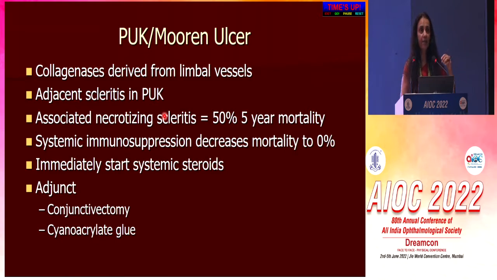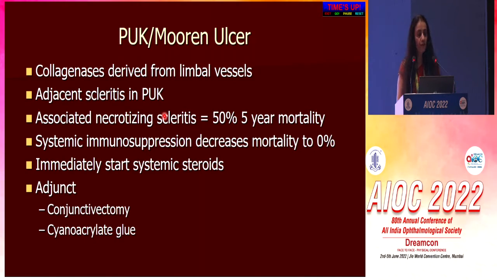So the inflammatory mediators go through the bloodstream and get ejected out at the limbus, and they cause a melt in the peripheral cornea. This is really important to diagnose because you can actually save this patient's life. The mortality with PUK is about 50% over 10 years. If you put them on immunomodulators, their risk goes down to 0%